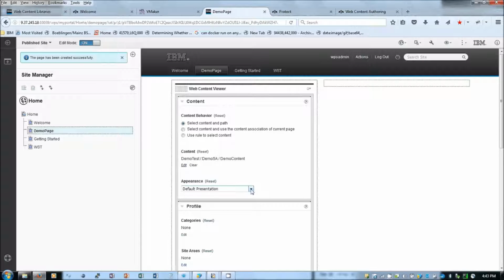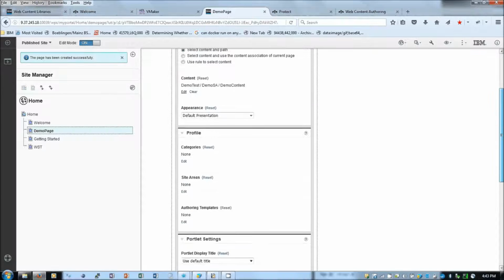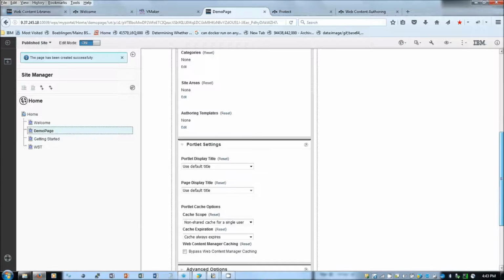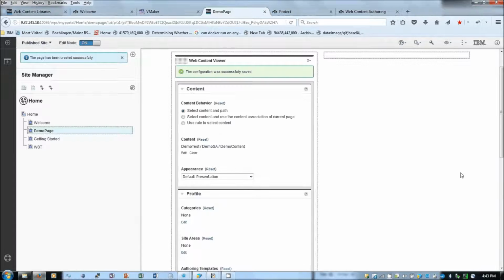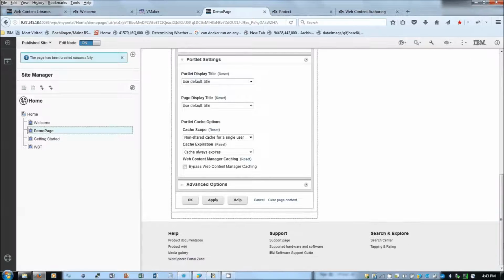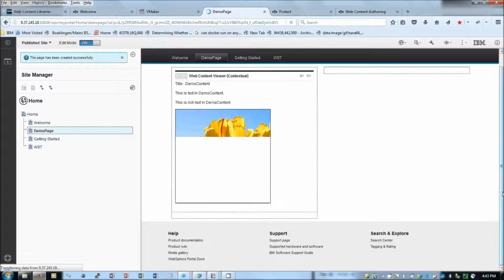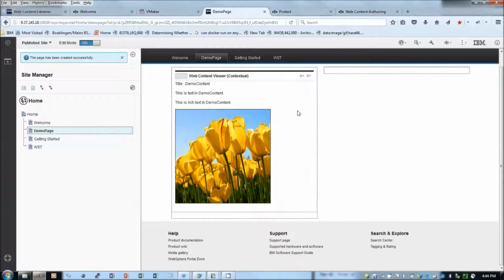Also, if I want, I can select the presentation template here. But I want to go ahead with the default presentation template that I have created. And then I'm saying apply. OK. You can see that after choosing, the content is getting displayed in the web page.